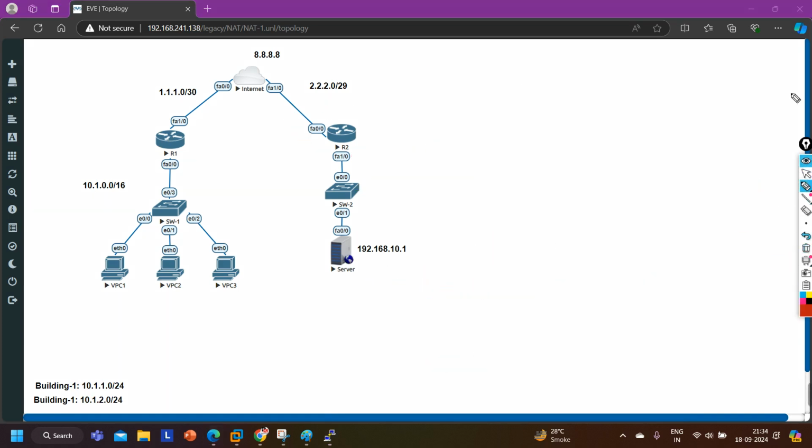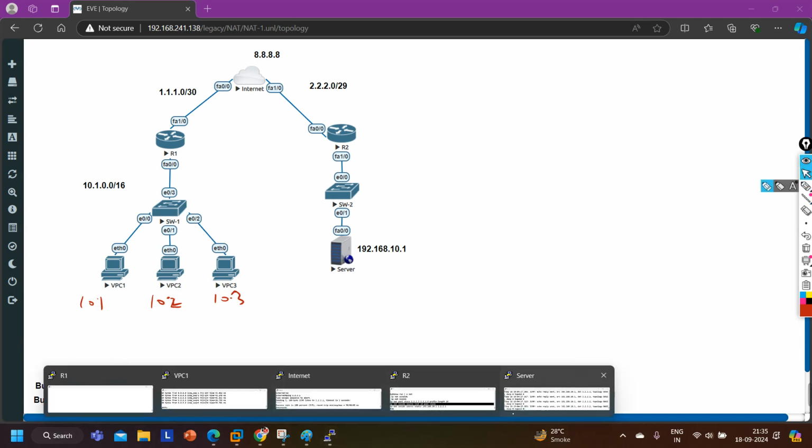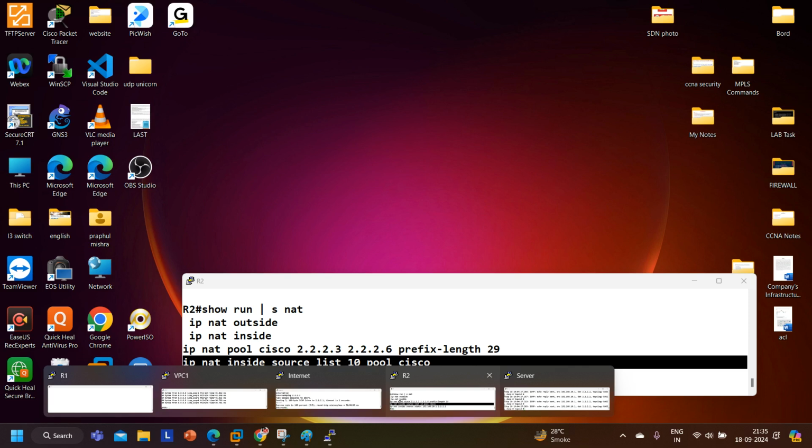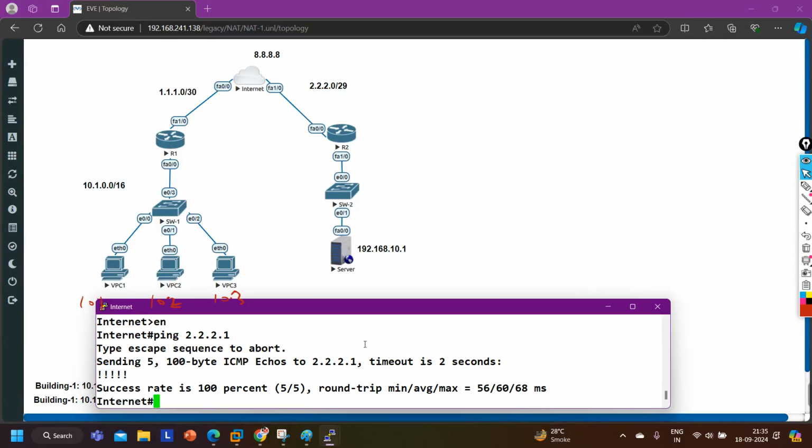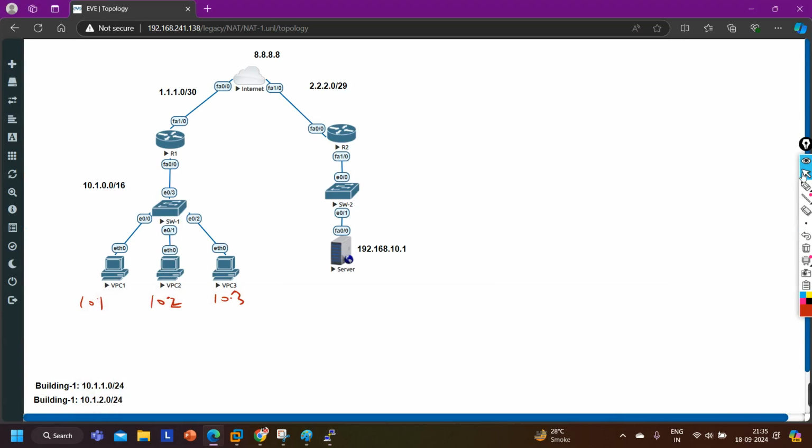Let's say PC1. Yeah, go ahead. I already told you we are not using dynamic NAT nowadays. We are using PAT and static NAT. Where have I assigned the port number? For port forwarding purpose means?